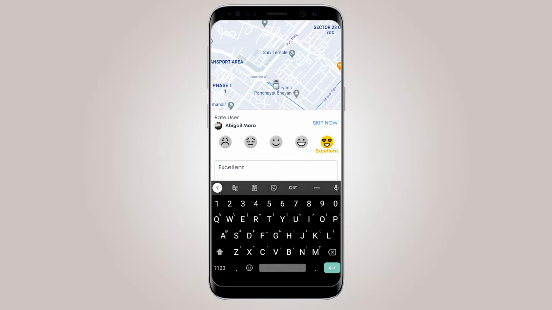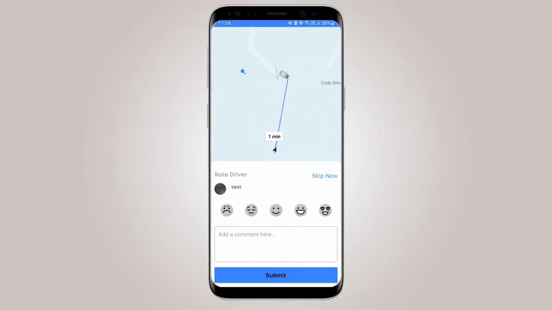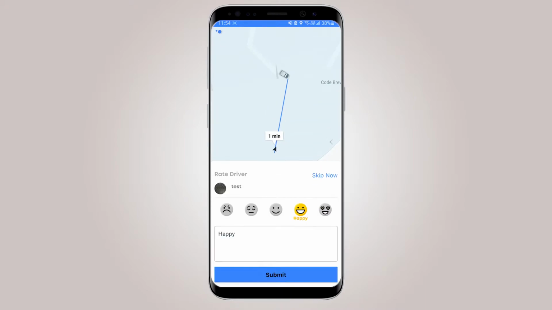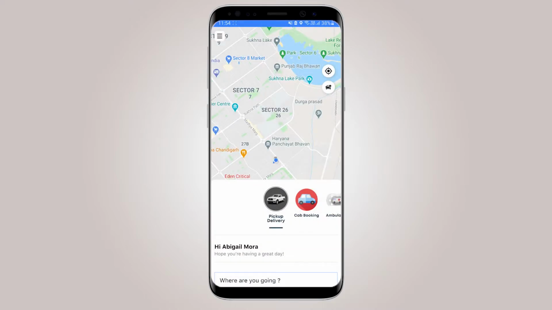Excellent, and you need to submit. That's it. The same procedure you have to follow on the customer app, like how was the service, and submit. So this is the procedure of how you can book a parcel.